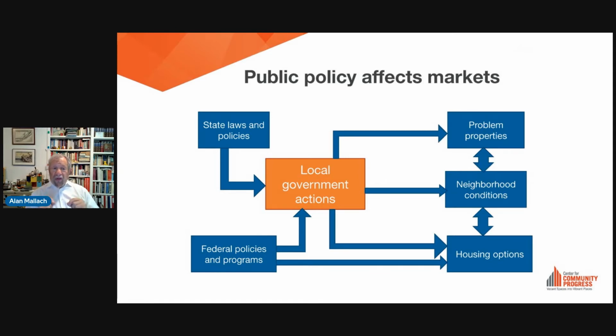So anybody who wants to influence local government to do things differently in their city would be well advised to understand what the state laws in your state are that govern local government action. Because, as hopefully many of you know, local governments are, as somebody called them years ago, creatures of the state. They are totally subordinated to state government in terms of their powers. They have no inherent powers of their own except what state government will give them. So that's a critically important point.